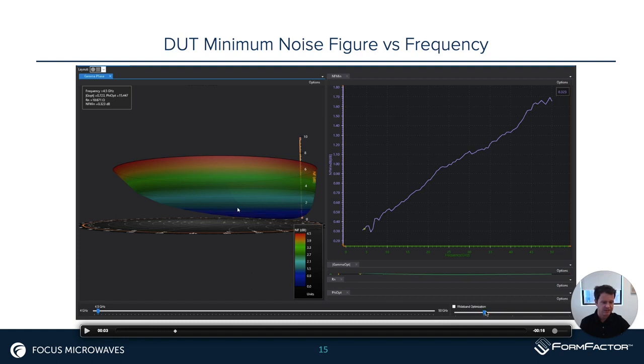This is usually the smoothing that we use. We call it a wideband optimization, and you could take it up a notch or bring it back down. But basically, you want to see a smooth transition from low frequency to high frequency. And here we're going to toggle or drag this marker, and what we should see is the noise figure surface should increase, so it should go higher as we start increasing the frequency, but it's also shifting,